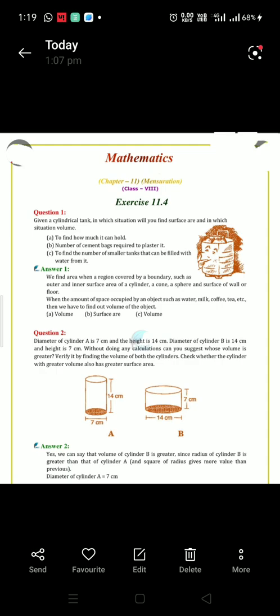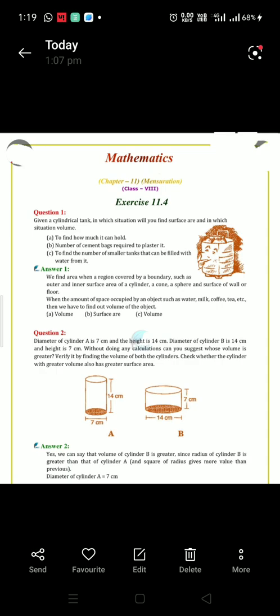Volume of a cube will be side square or length square, that is length into breadth into height, because all are the same. Because it's a cube, you can just write length cube or side cube. Second, the formula of a cuboid. What will be the formula of a cuboid? It will be length multiplied by breadth multiplied by height. Clear? Volume of a cuboid will be length multiplied by breadth multiplied by height.